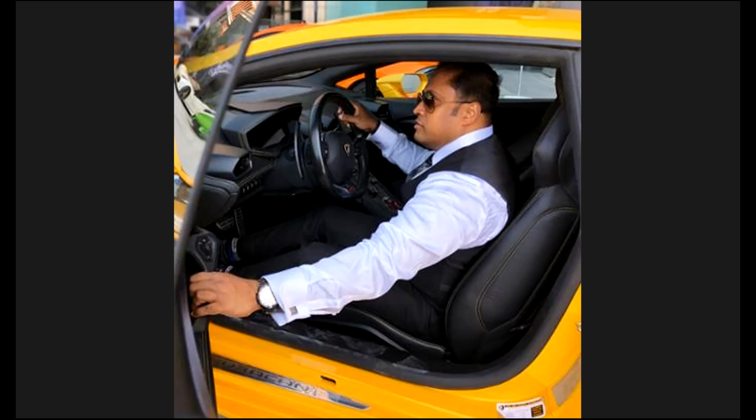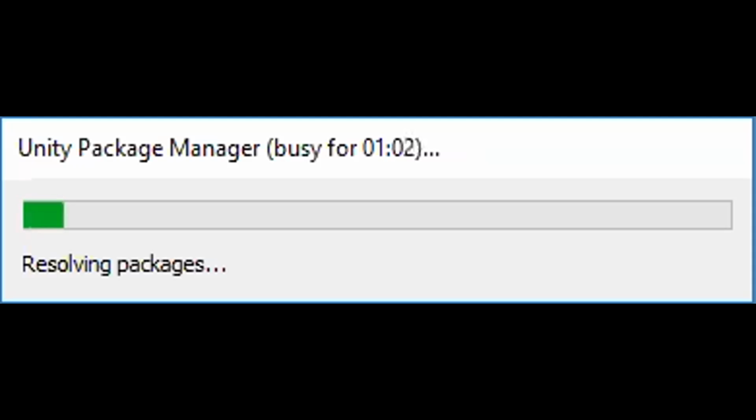Sir, your screen is not visible to me. Yeah, I'm just trying to share the screen. It's showing busy for 13 seconds. Let it be. Oh, done. I'll share. You can probably see there is a Unity package manager busy for the last 1 minute. Yes, sir. Yes, I can see it. Let it open and